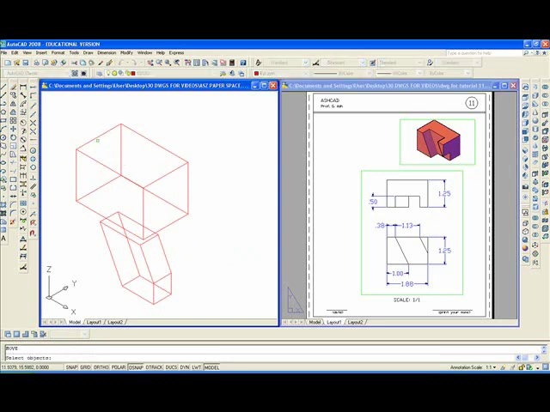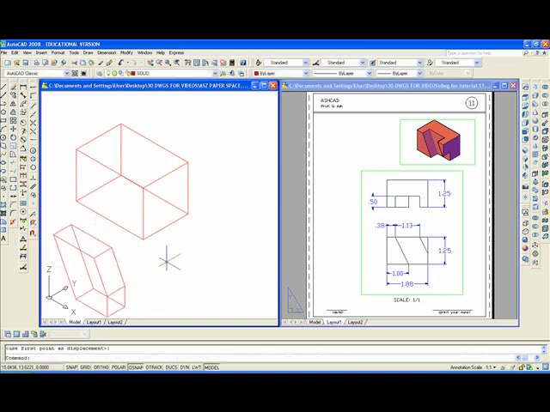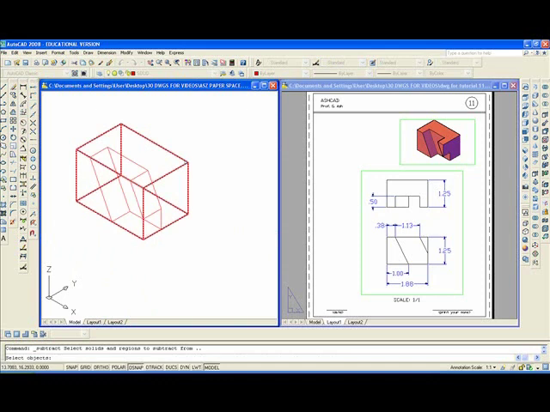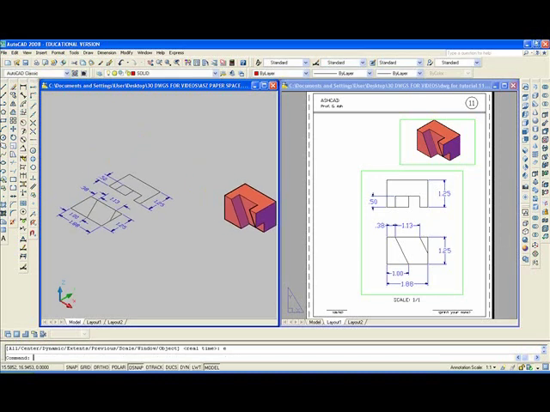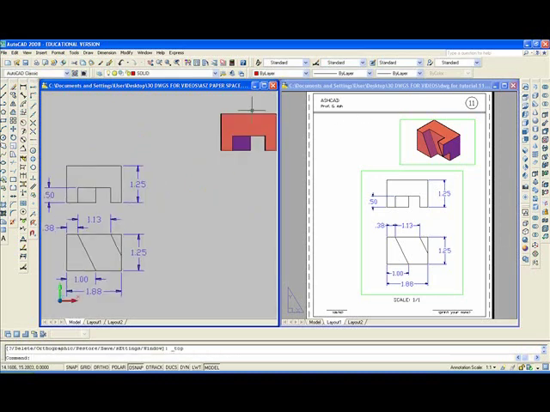And we'll want to move M, enter. I'm going to move that. And then I'll move it again because this corner here is supposed to fit in that corner, and you'll want to subtract from the rectangle, enter, that shape, enter, and let's see what it looks like. It looks correct, so we'll zoom extents, Z, enter, E, enter, move into top view,